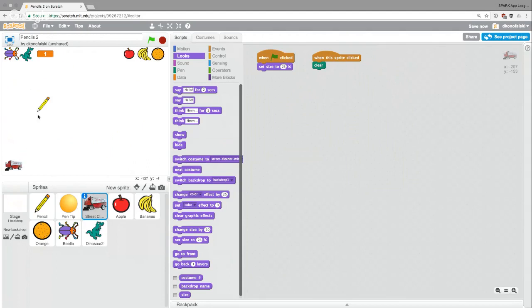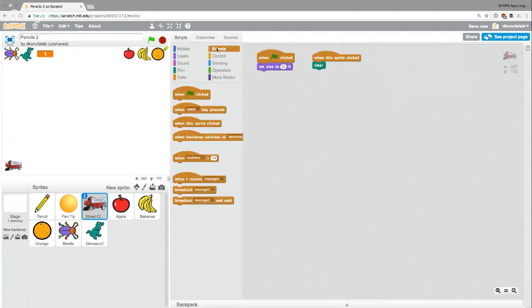And my erase button, all it does is if I draw something, when I click on this, it clears the stage. It's really simple because Scratch actually has events under the Events tab here that say when this sprite is clicked. So if you'll remember from last week,